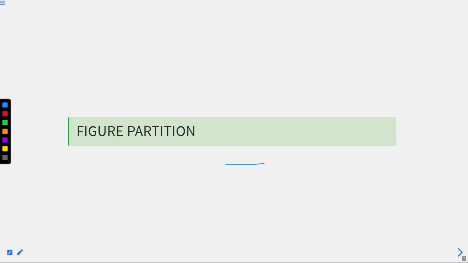What is this? This is a square, a simple square, right? If I divide it, or make the partition like this, and if I ask the question, how many triangles are there? This is a simple question that you get. So you can mark it out: 1, 2, 3, 4, 5, 6, 7, and 8. A total of 8 triangles are there, right?